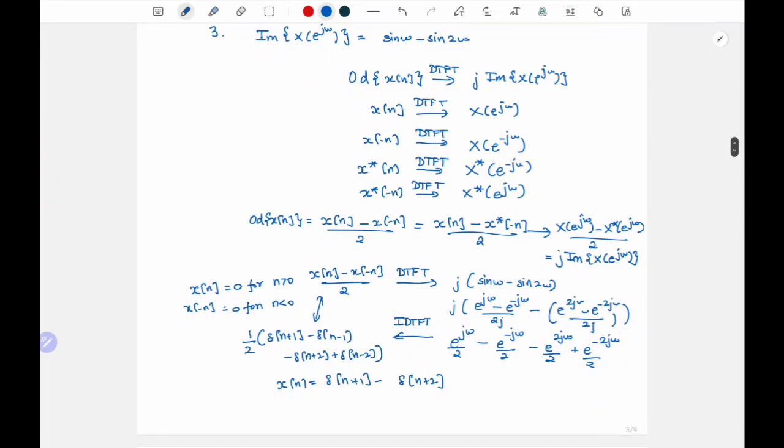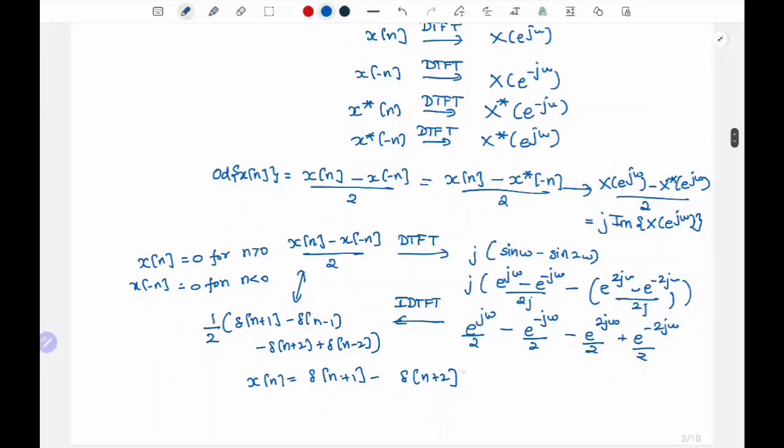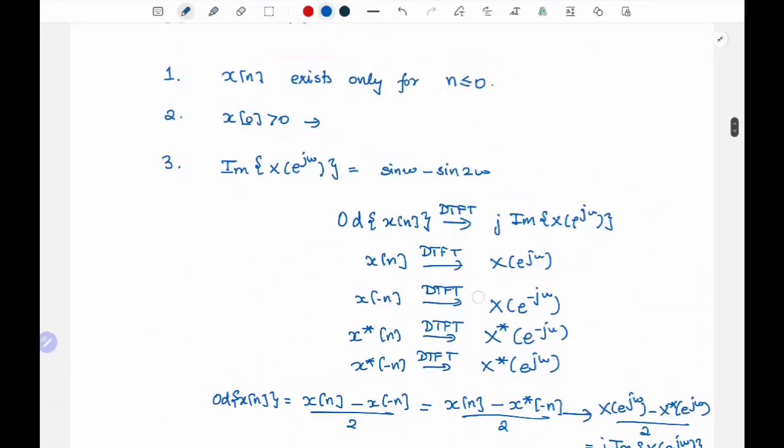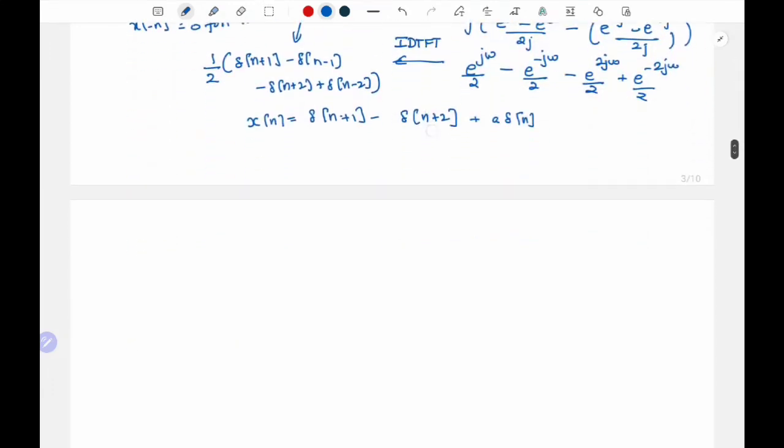Okay, now let me take a new page. So now we got two terms of x of n, but we need to find some plus a into delta of n, right? Because your odd counterpart will never say anything about delta of n. So we will also assume that. Then what do we have? The final information is 1 by 2 pi integral minus pi to pi mod of x of e power j omega whole square d omega equal to 3. So that is nothing but